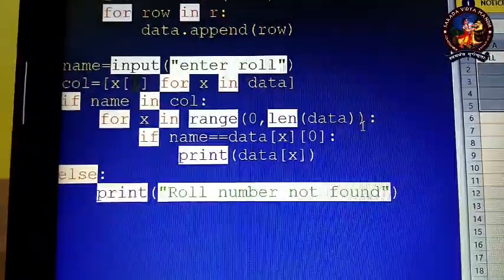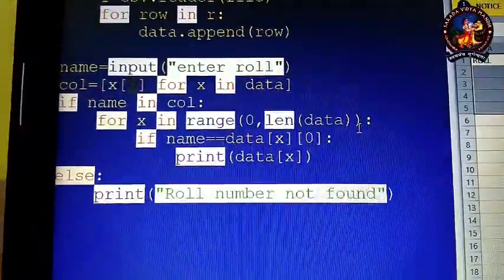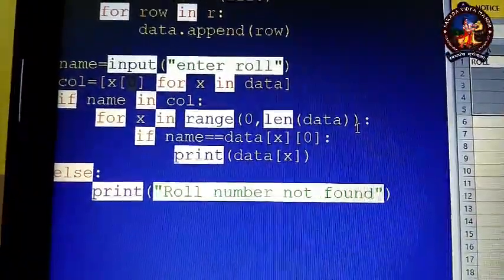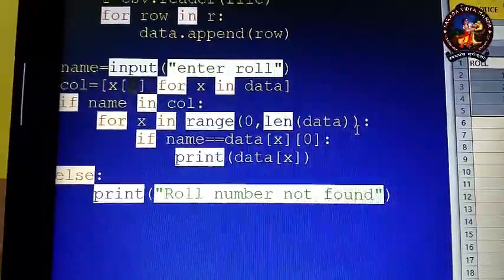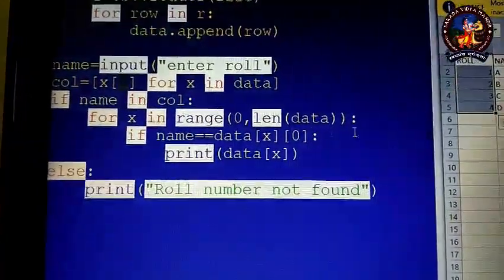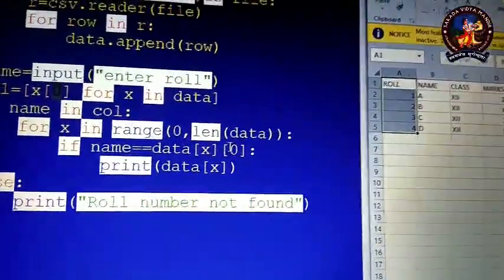In data, what I have told you, all the components of the CSV file have been imported in the list called data. One row, one component. Second row, another component. So it will start and it will go up to the total length of the data.